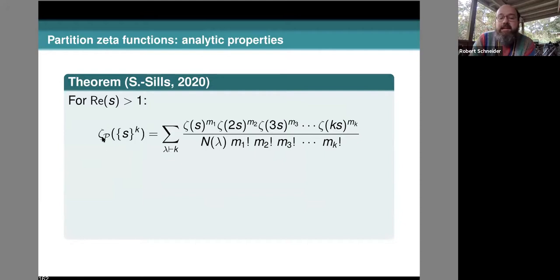So the zeta, where the argument is s, but we're summing over partitions of fixed length k, k equals 1, k equals 2, or something. That turns out to be explicitly written as a sum over the partitions of k. This is a finite number of partitions. It's basically a linear combination of zeta values with rational numbers as weights. One way to prove this is from Faà di Bruno's formula, of course. You could see that from the shape of it.